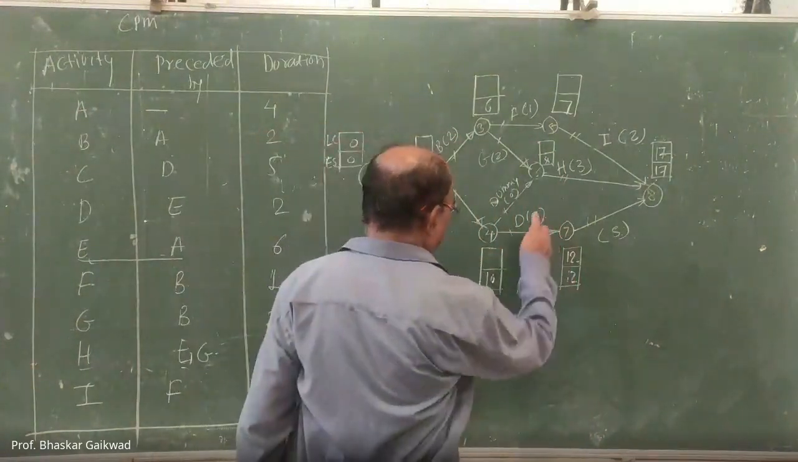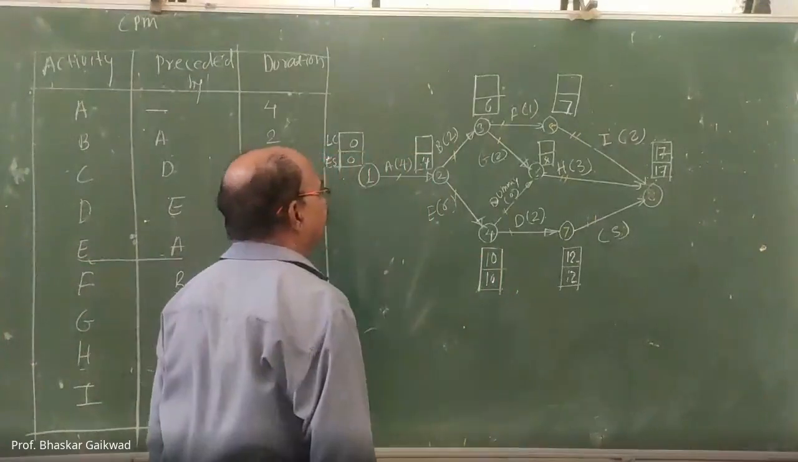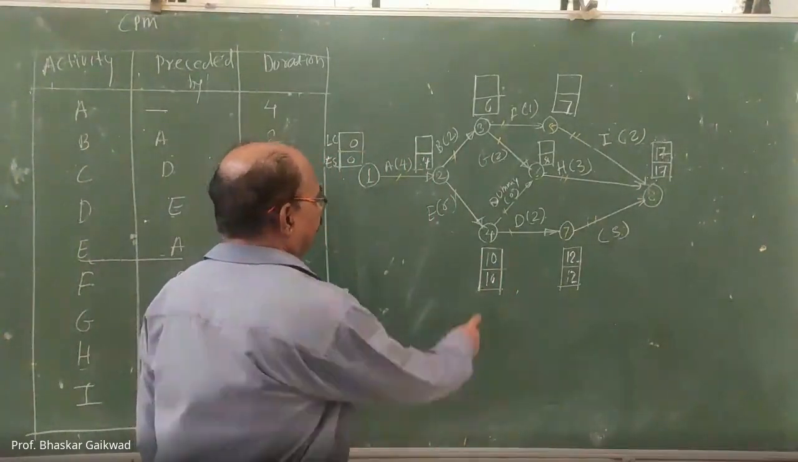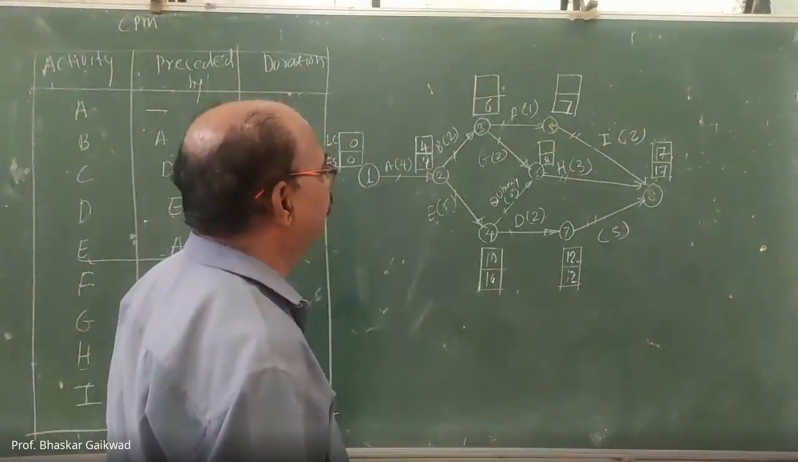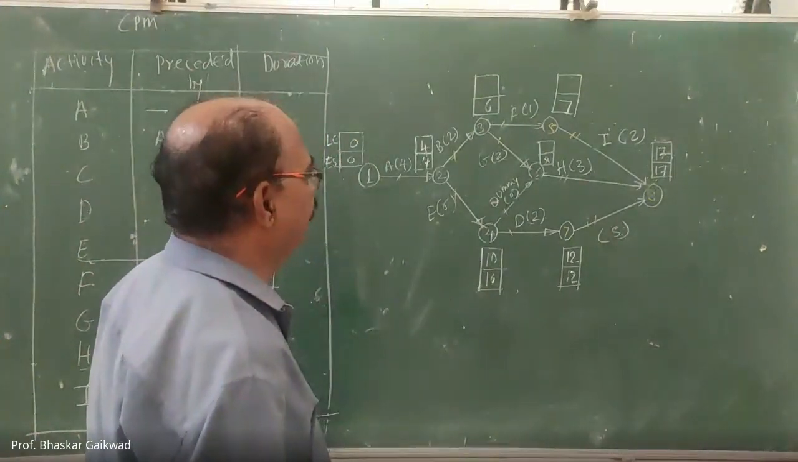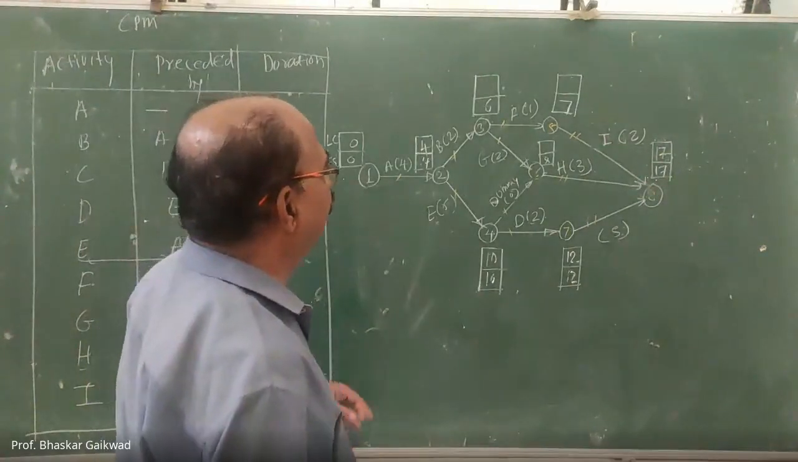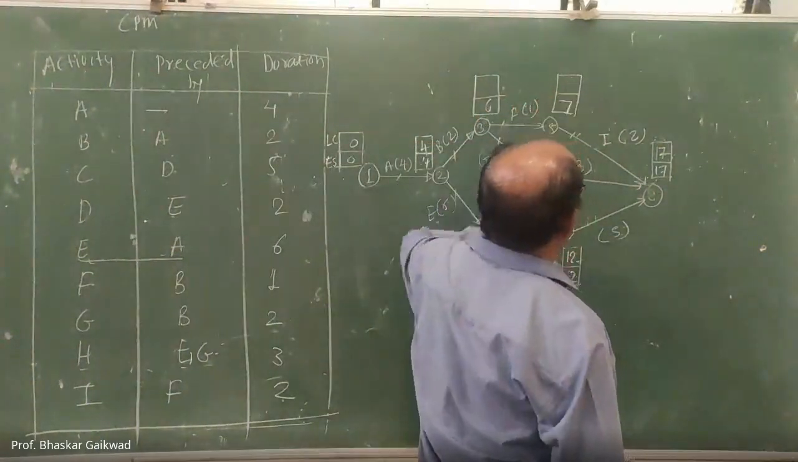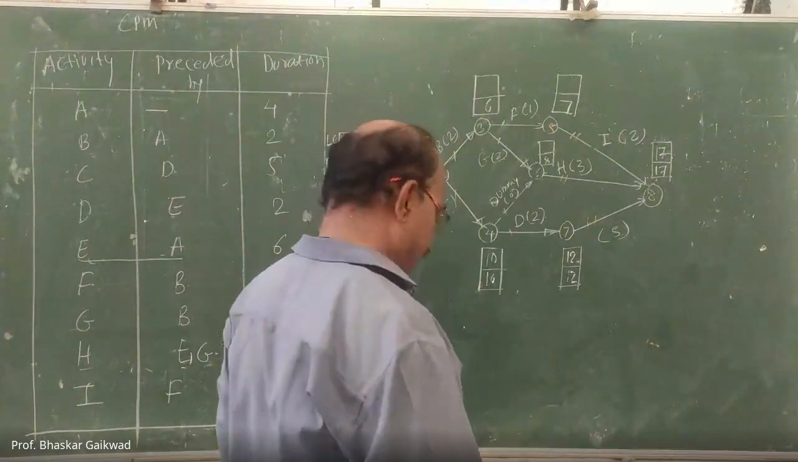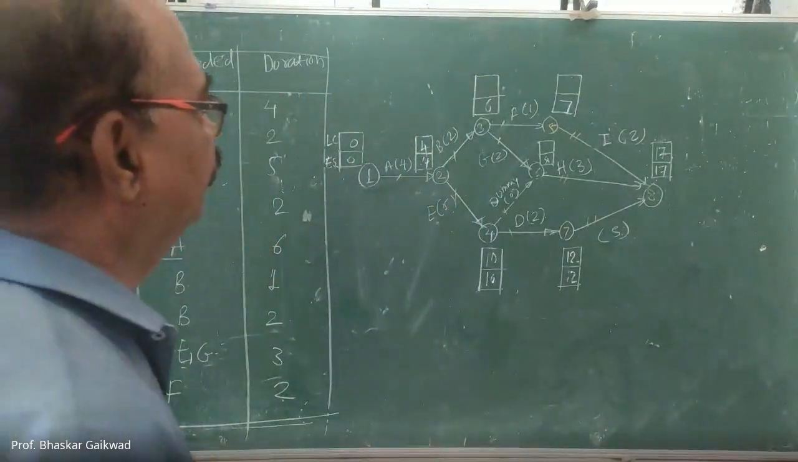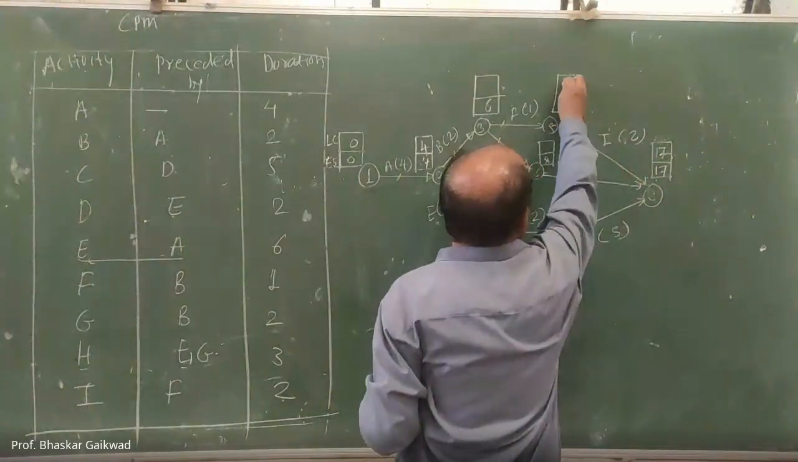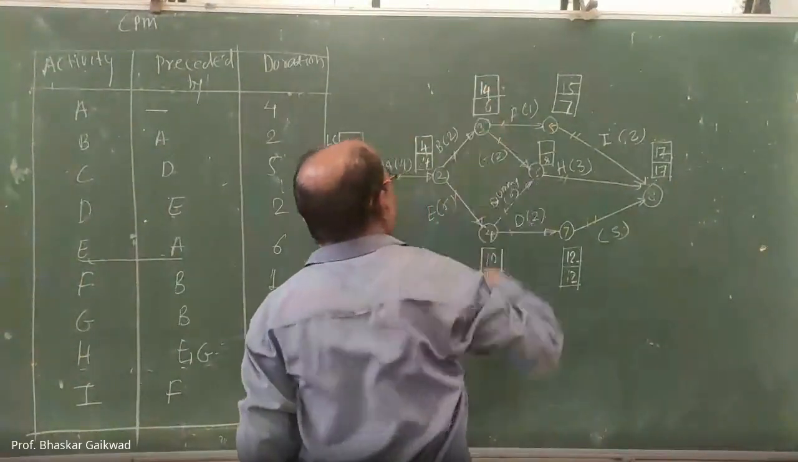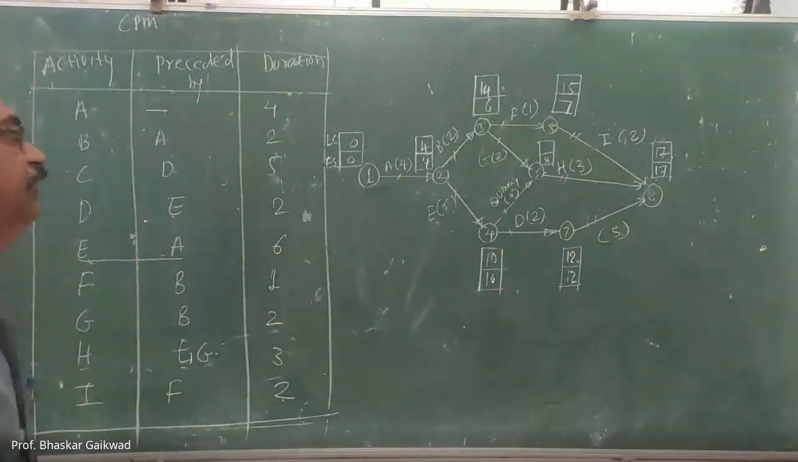Then 12 minus 2, 10. Correct. Then 10 minus 6, 4. After that, you have to take this one. Okay. So what is that? 10. 17 minus 2 here is 6. And 15 minus 1 here is the 14. So this is the